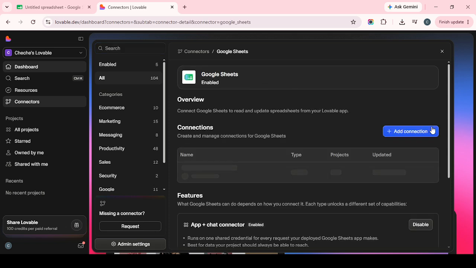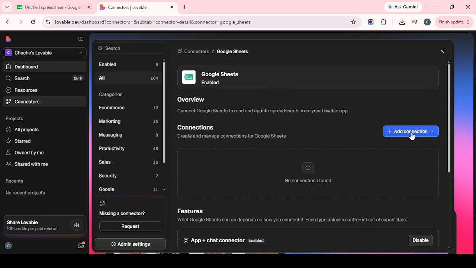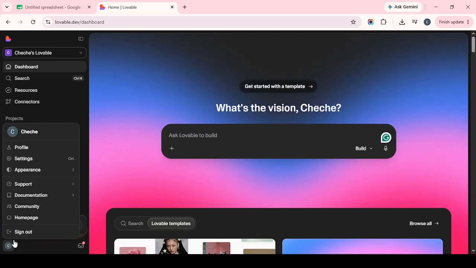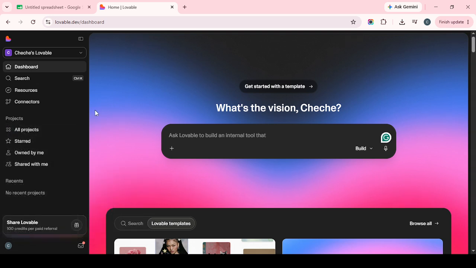When you're on the Google Sheets integration page, click the Connect button. At this point, a Google sign-in window should appear. Go ahead and sign in with the Google account that has access to the spreadsheet you want to use. If you have multiple Google accounts, be careful to choose the right one, since the available spreadsheets will depend on